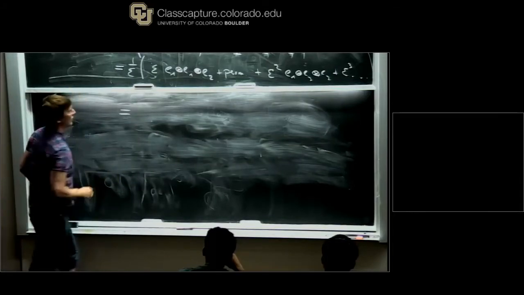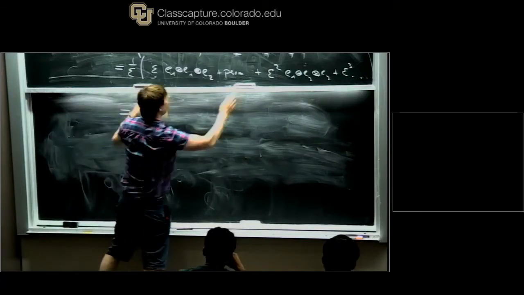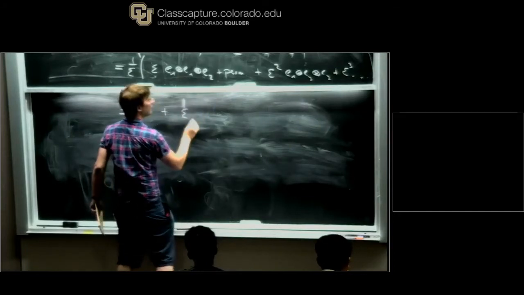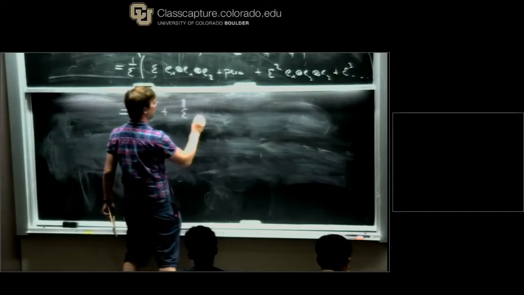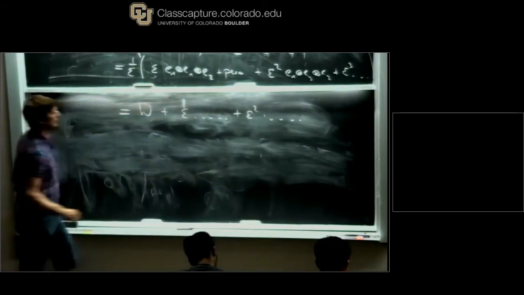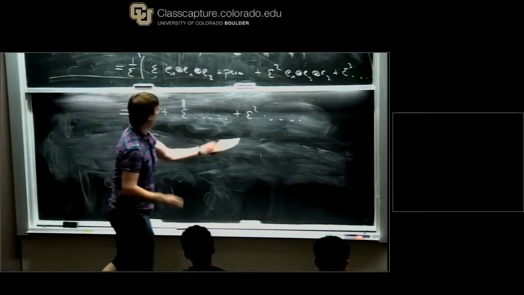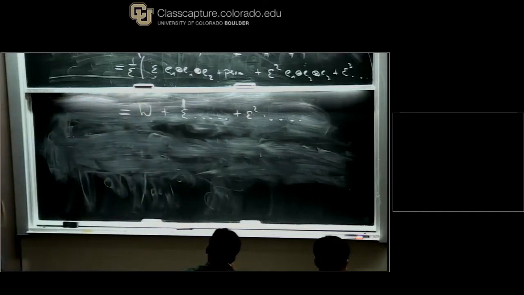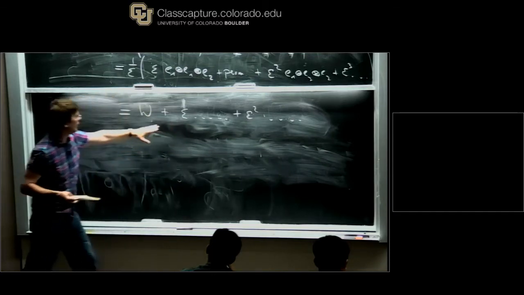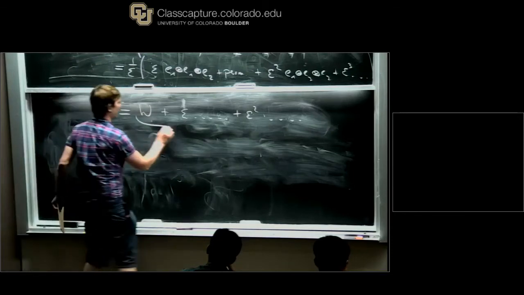So, I chose my 1 over epsilon carefully so it cancels with this one. And of course, this here is just my W state, right? 1 over epsilon with epsilon squared gives me an epsilon, with some tensor behind it, plus epsilon squared, some tensor. But these tensors here are fixed. So now you see that for all epsilon, I have a better and better approximation. So GHZ degenerates to W. These here are my TIs,